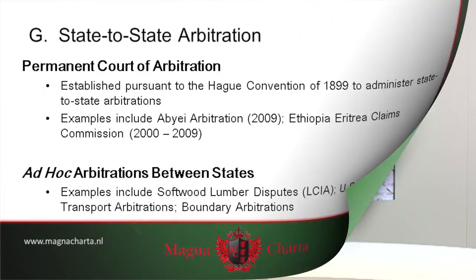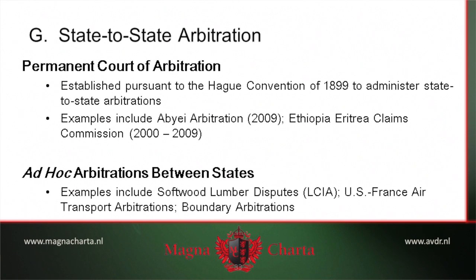Finally, state-to-state disputes, and just a word on this because these are rather exotic creatures, nonetheless interesting just to complete our overview, our summary of international arbitration generally. This is not arbitration as we've seen between two private businesses, a German company and a Pakistani company. It's also not investment arbitration, a disagreement between a private company and a host state. It is rather arbitration with sovereign states, governments on both sides of the dispute.